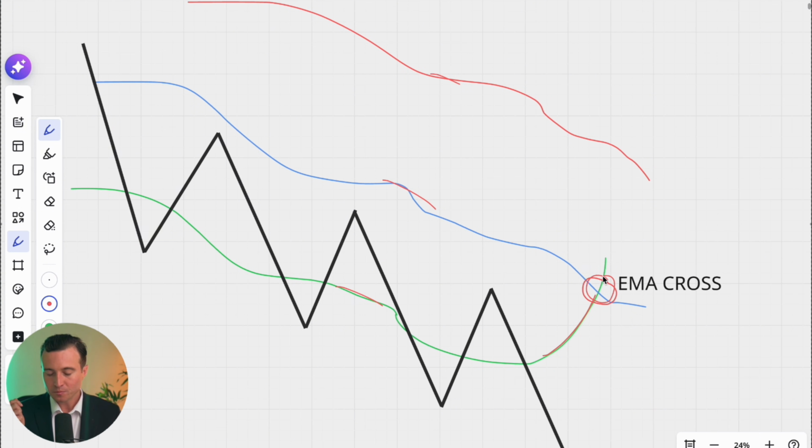And so this would indicate to you as a trader that you have no bias in this market. And so what you're going to be doing is you're going to be sitting on your hands. You're going to be waiting until you get evidence to suggest that you have trending